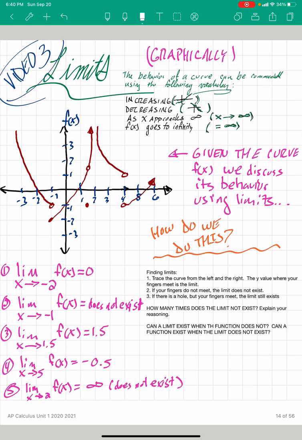So we're going to talk about the behavior of functions a lot in this class, and in order to do that, we need to be clear on some of the language. So to start, when you're talking about the behavior of any function or curve, we like to look at it as if it moves from the left side of the screen to the right side of the screen. So if you take a look,